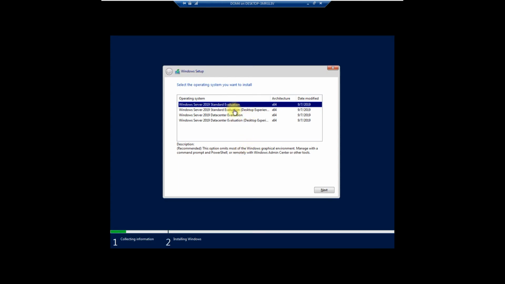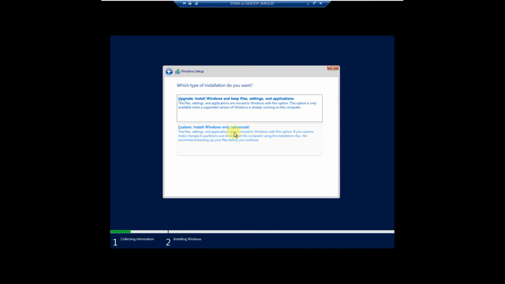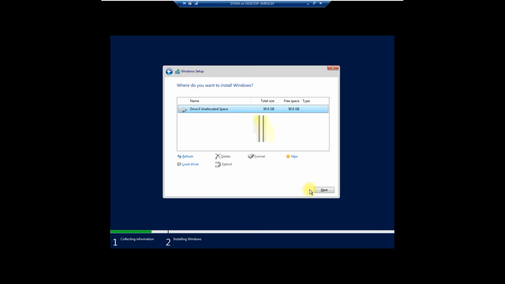We simply go to the next section, then accept the license and terms, and then go to this section, custom installation only, advanced. The disk is only one, we are selecting it, and click on next, and the installation has started now.